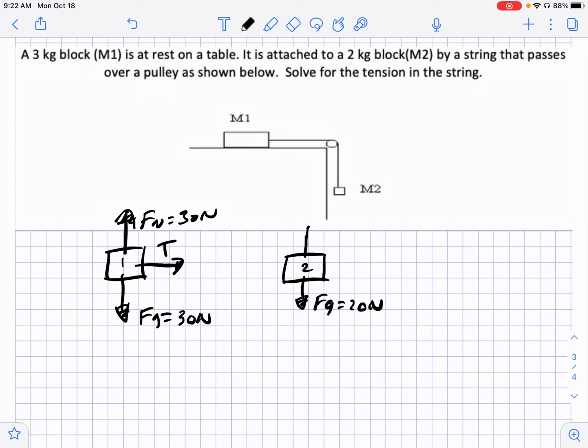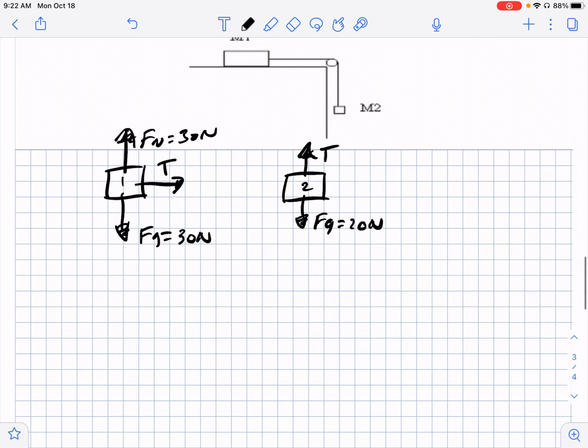Now there's no normal force, but you're going to have this tension. Now let's make our net force equations here. So for the one on the left, the one that's on the table there, your net force equation is just equal to the tension. And the one on the right, you have your net force is equal to Fg minus